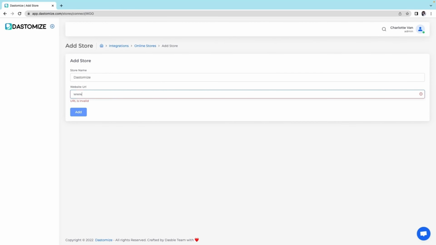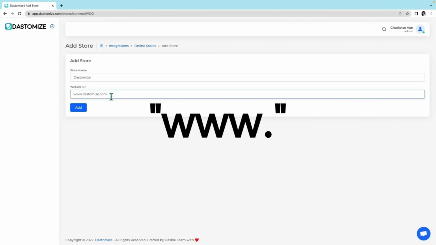You only need to enter the link without the HTTPS in Dastomize. For example, when I enter the URL as dastomize.com or www.dastomize.com, the system will understand and automatically add HTTPS to it. Remember that if your store's URL includes the www component, you must type it in as well to ensure a